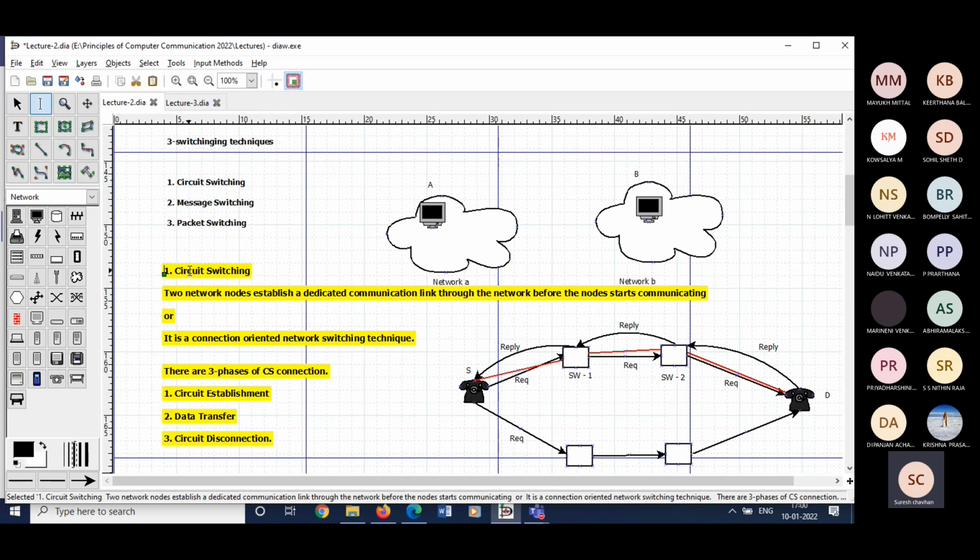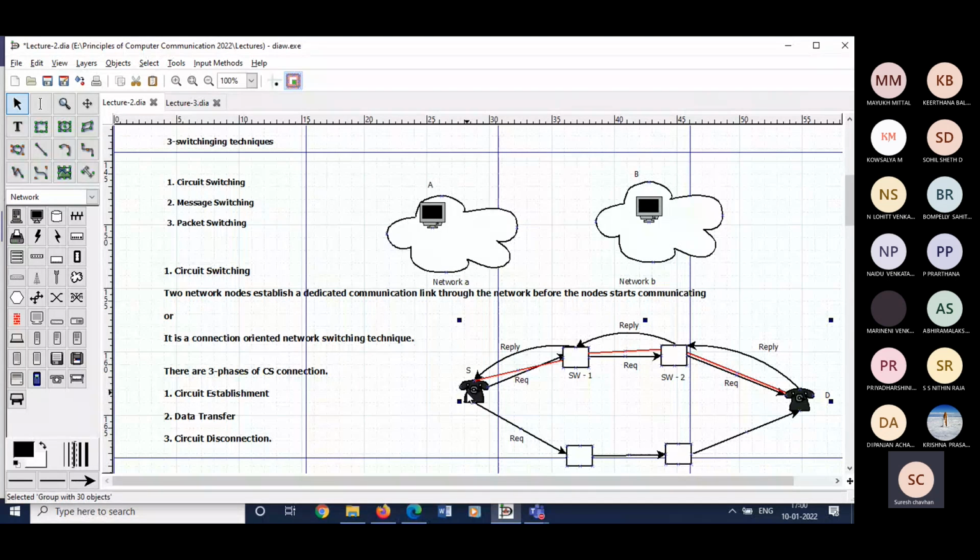So in circuit switching, we have seen that before transmitting any data, for example, in this figure, S is the source and D is the destination. So they want to make a call, right? Before they share information or before they talk, there should be a dedicated link established between these two, right? That's the reason circuit switching is also called the connection-oriented switching technique,